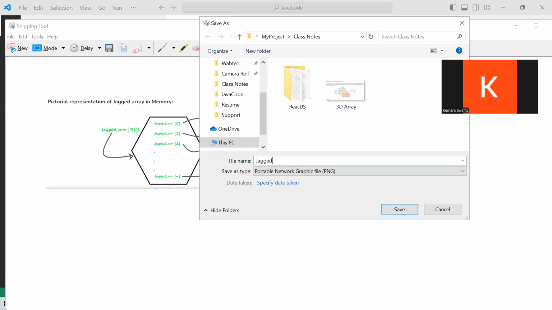It is also an array of arrays, with different sizes. The size is different, so one row has a certain number of columns and another row has a different number of columns. Okay, so if we take that example,